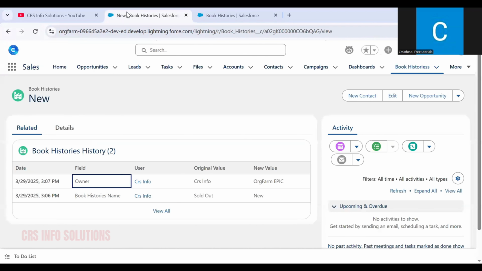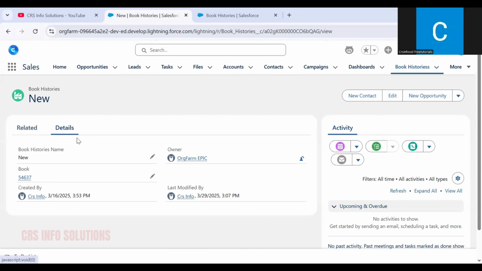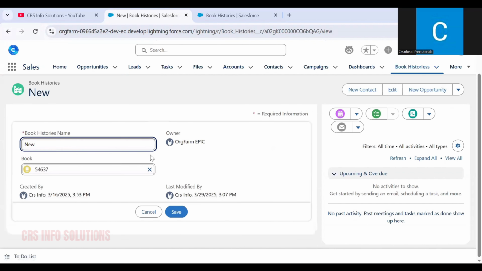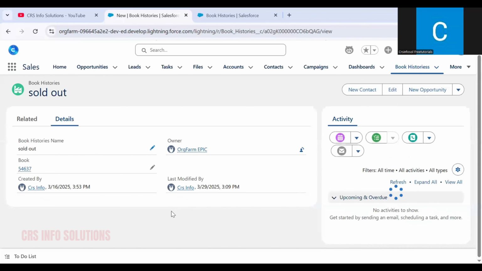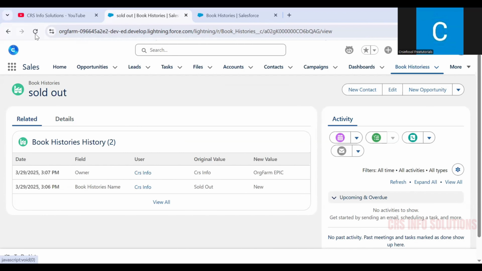Then I go back to our custom object, book history, go to the details, edit it, and modify the name from new to sold out again, and then click save. Then if we go back to our related list and try to refresh it,